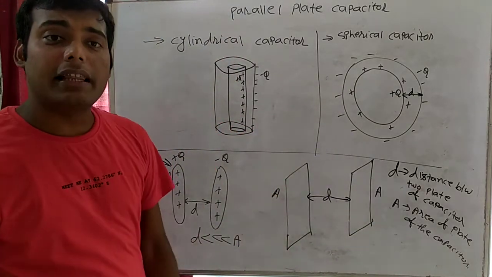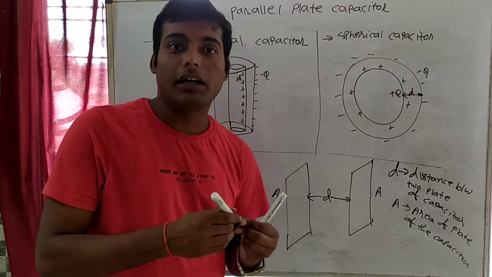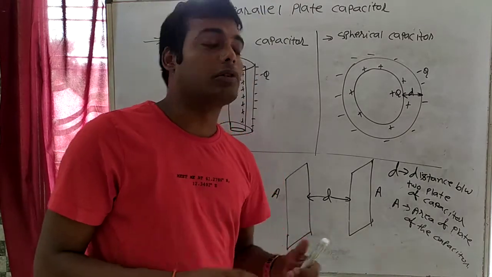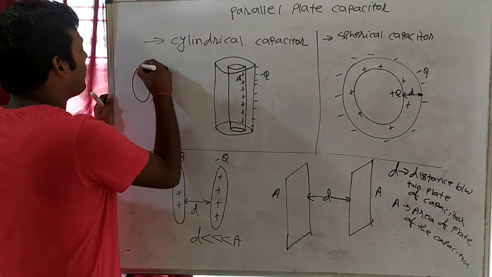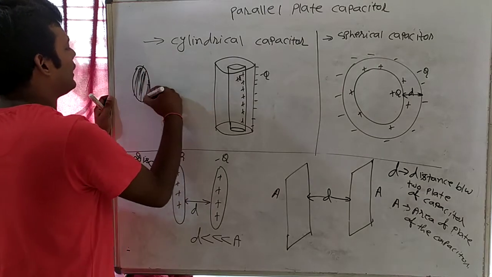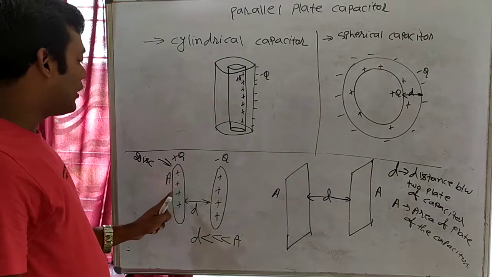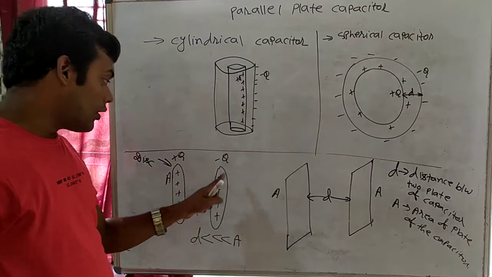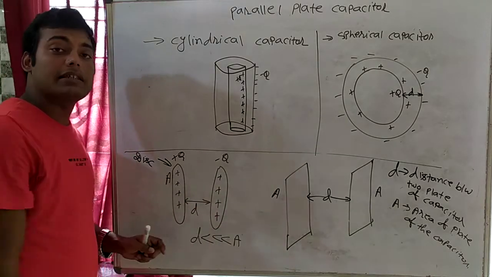And what is disc then? You have seen a CD disc. Earlier क्या में होता था? CD DVD का disc होता था. That is a disc. That means no part will be empty. All the part will be filled with the material. So on one disc there is plus Q charge, on the other disc there is minus Q charge, and both discs are separated by a distance, a small d.